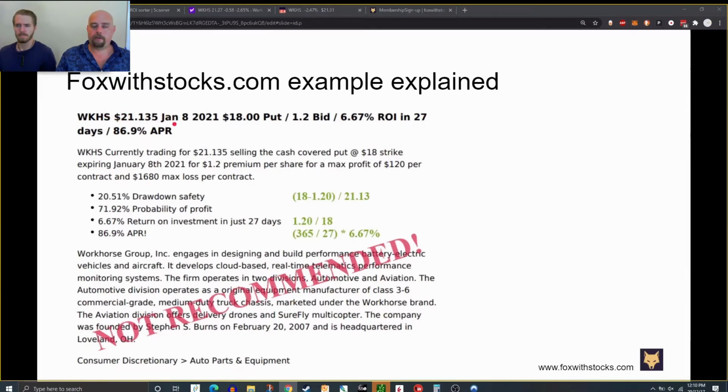And ours would be expiring on January 8th, 2021, and we would be selling the $18 put and still collecting $1.20 in premium, so $120. And you'll see that this is a 6.67% ROI, return on investment, in 27 days. And if you do the math, if you could repeat this trade over and over again, you would net 86.9%